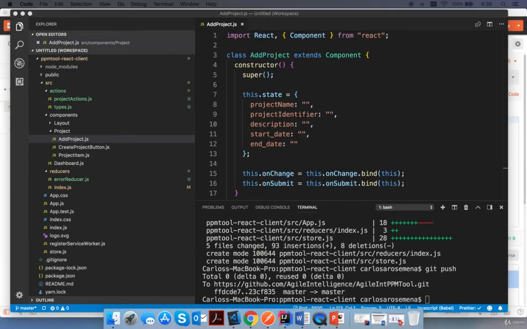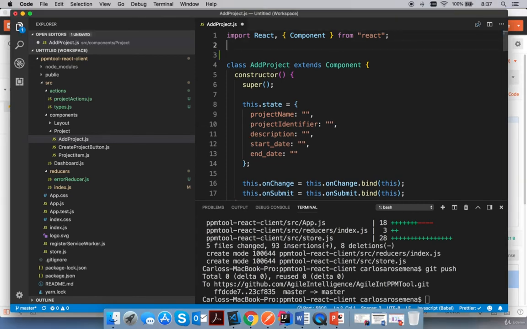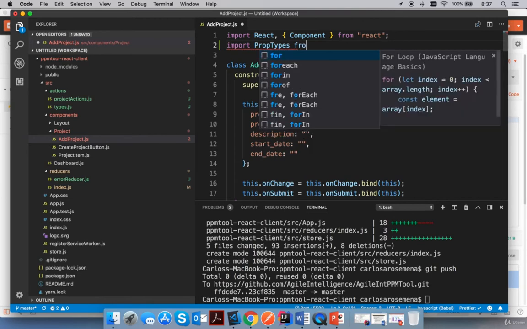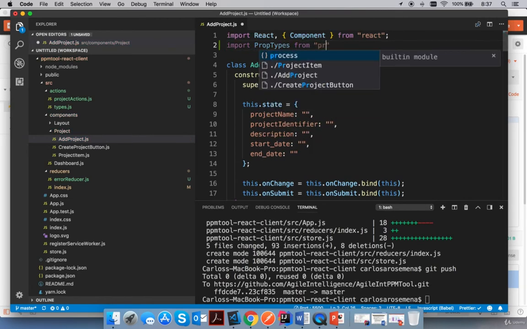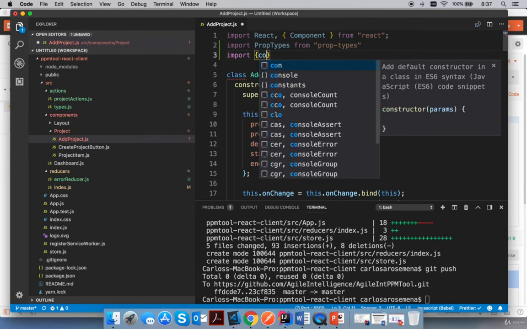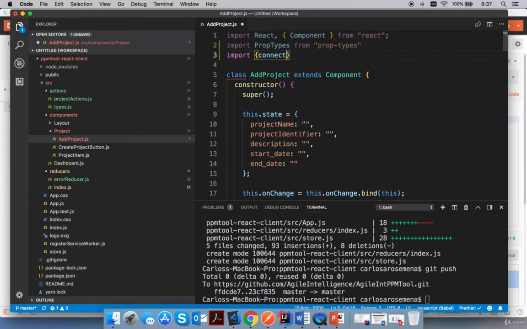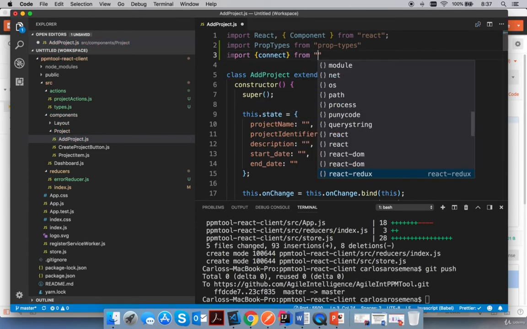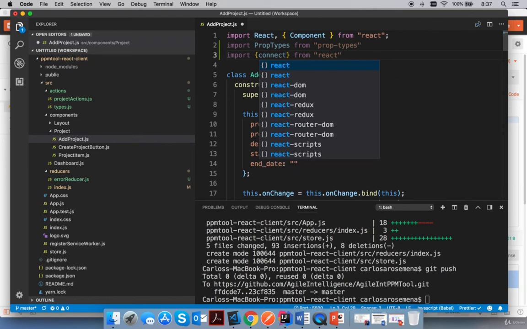Okay, so in our add project component, we're going to start by importing some stuff. Okay, the first thing that we're going to import is the prop types, and I am going to explain this as we use it, because there's no reason for me to start yapping around stuff if we haven't even touched those. Okay, prop types. Then we're gonna import connect. Okay, actually this needs curly braces. Connect from React Redux, and I'm pretty sure if you remember my explanation,